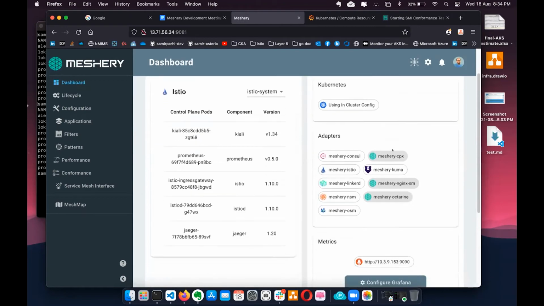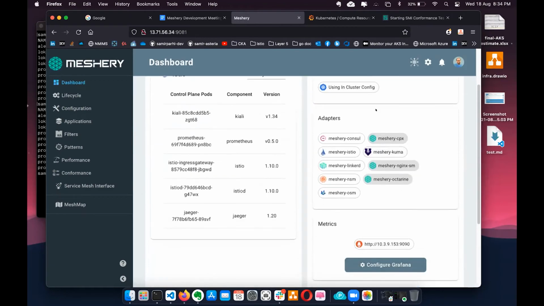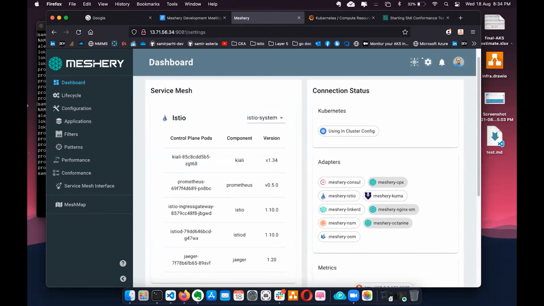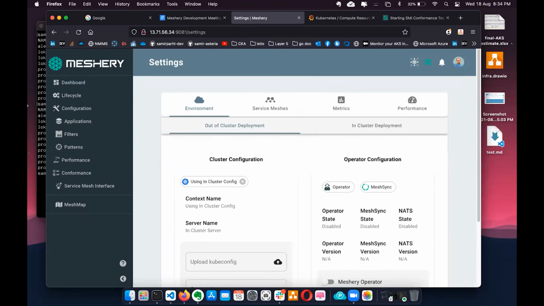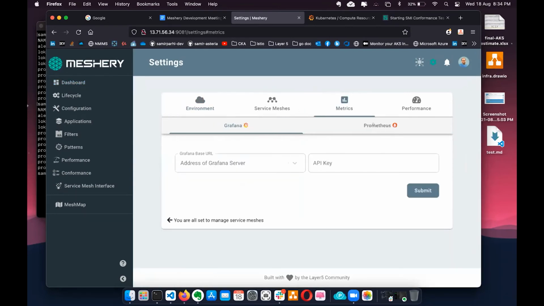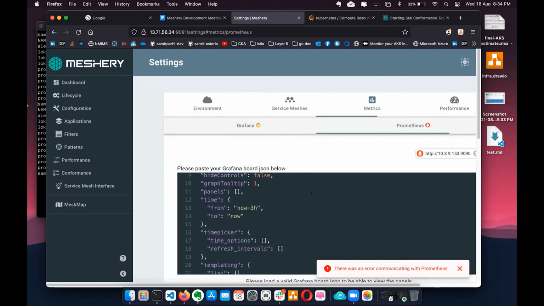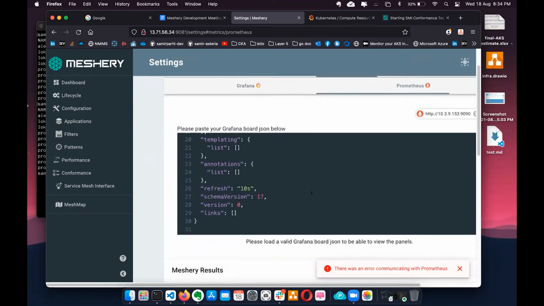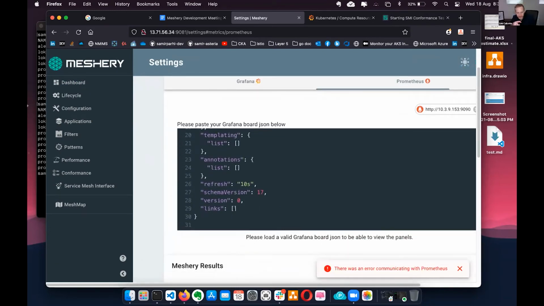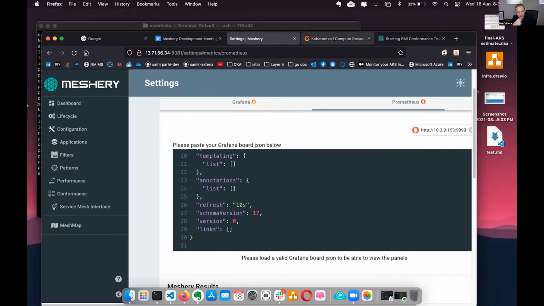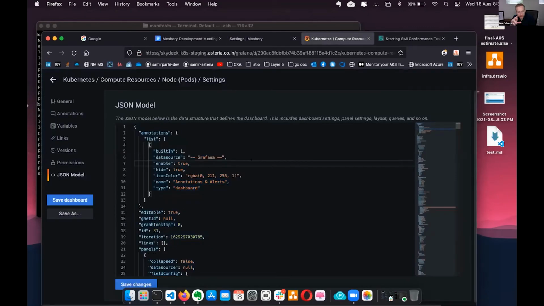So from here, I cannot see the Grafana dashboard. So I have to go to these to see the metrics. Is that okay? So yeah, that's a bug, that error communicating with Prometheus needs to be fixed. But it's only after you connect Grafana that you would then be able to manipulate.